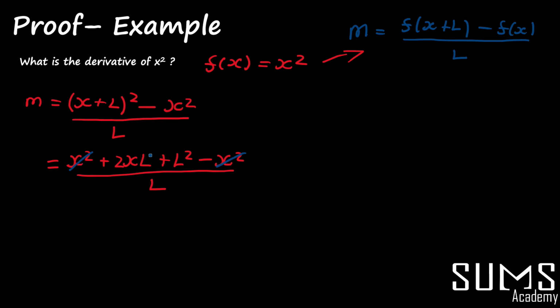And then we can also see that there's a common factor of L here, here and here, so we can simplify that as well. So that then goes to L, brackets of 2x plus L, all over L. And again, we can simplify this further by cancelling these two L's. So that just leaves us with 2x